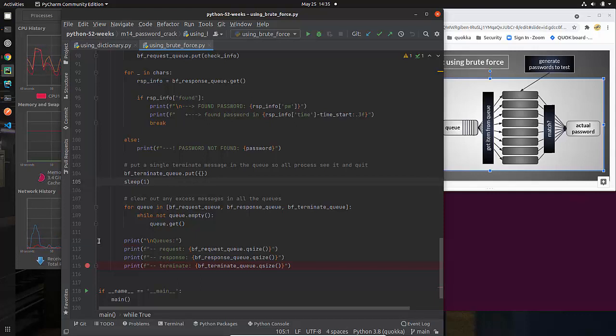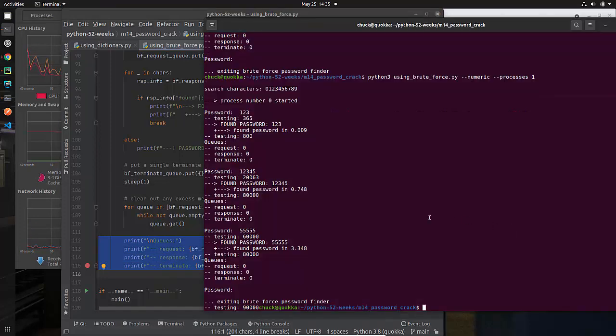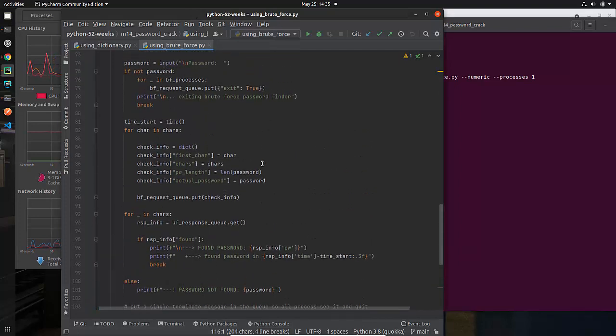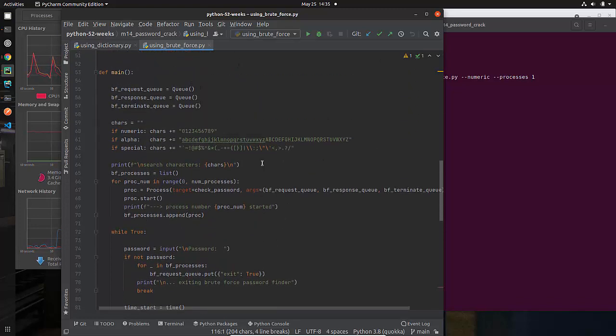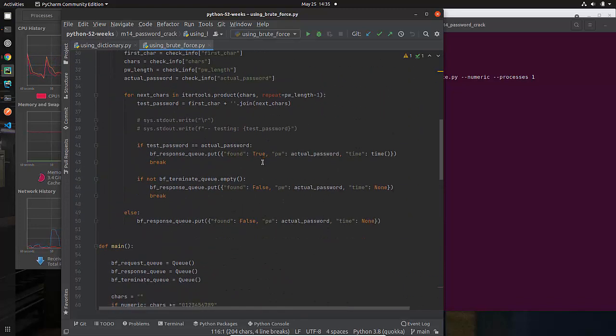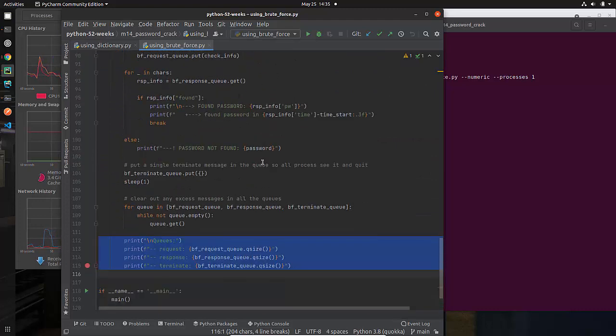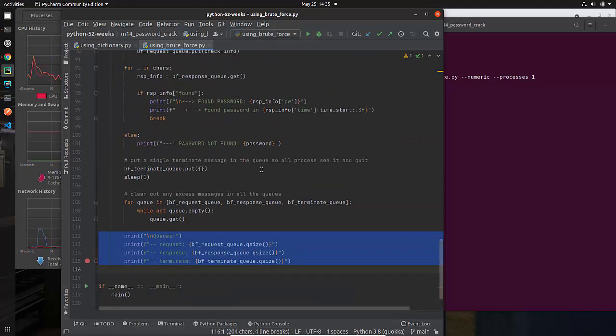Why do I print the queues out? Just because it was a debugging thing. I like the security of knowing, okay, these are all 0. Everything's going to work. If this was not 0, then I found during the development of this code that I ended up with issues, and the code would actually not complete running. Now, I may have fixed that by this particular point in time, but I may not have. So I'm assuming that I'm going to leave that in there. So that is the main program.